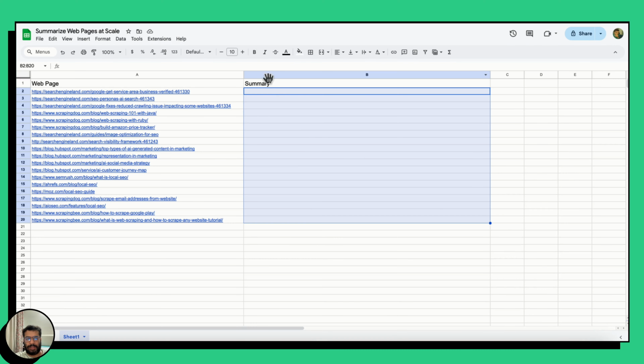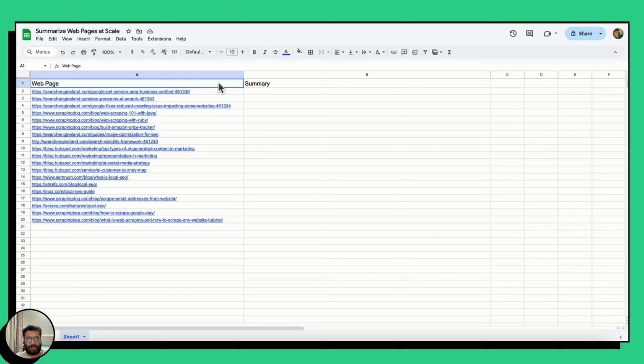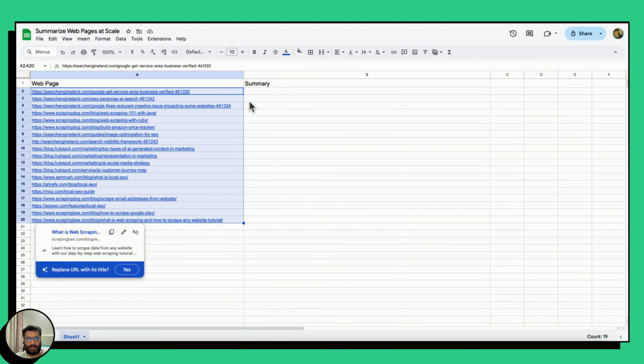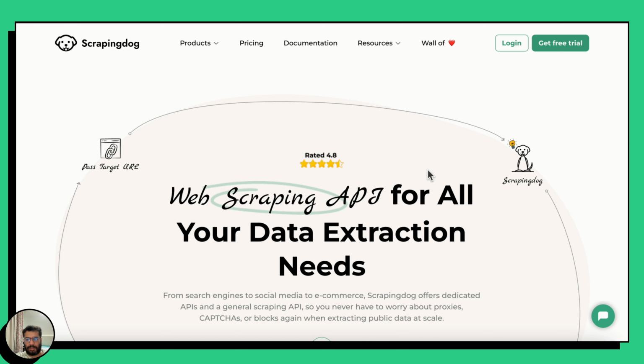The database we would be using is Google Sheets, in which in column A we would have all the URLs for which we want summaries, and in column B, in the respective cell, we will take the summary of each page. For applying Scrapingdog's API to our automation, we would test it first, and simply to test it you need to